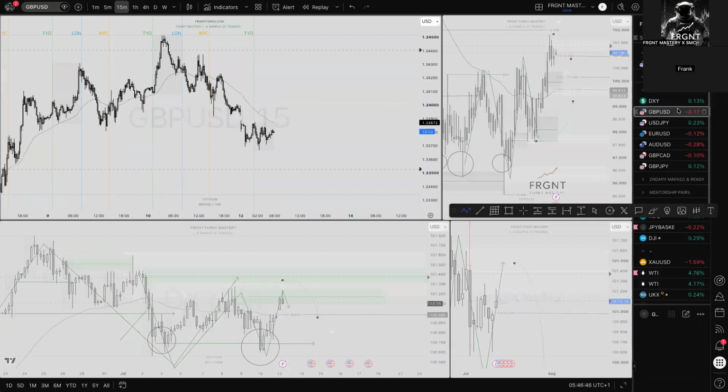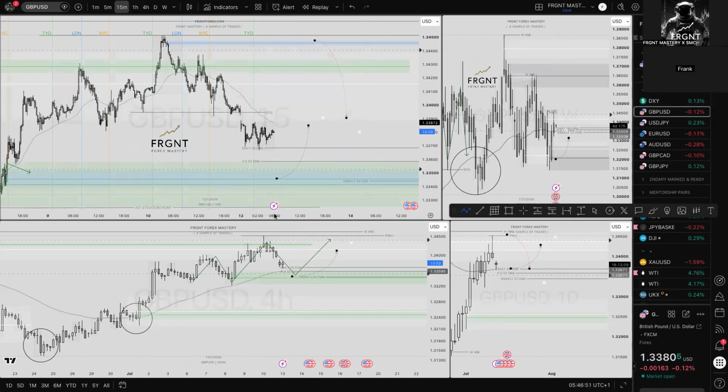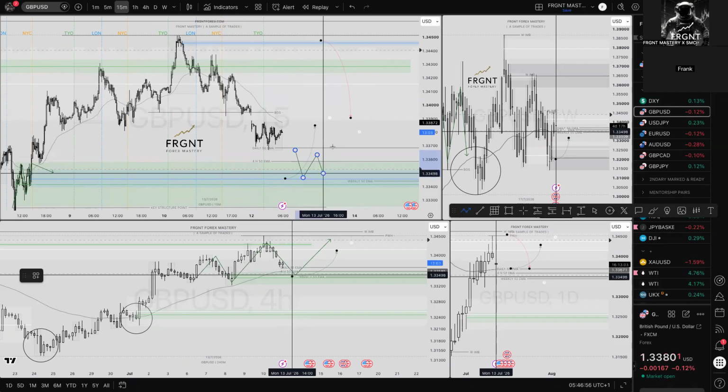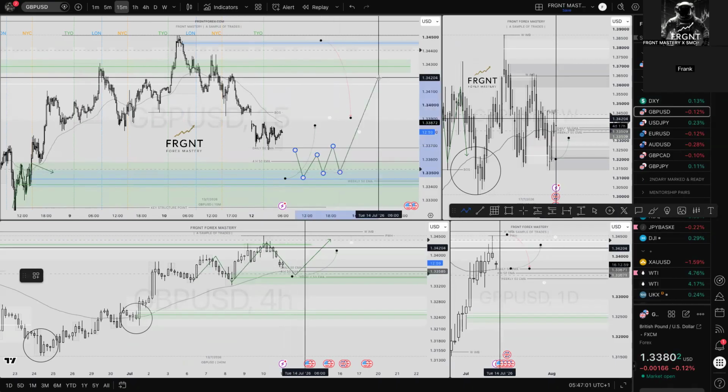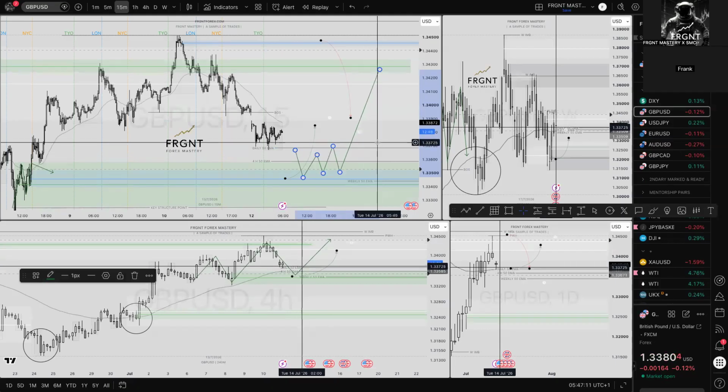On the DXY short, however, what that would mean for me on GBP US dollar long is that I would wait for the DXY to come in, i.e., GU's coming in, wait for structure to be broken. Probably not to that degree, but certainly the most recent, what would that be? Lower high broken towards the upside, creating a higher low for the higher high continuation. And I think that would be a lovely looking trade.